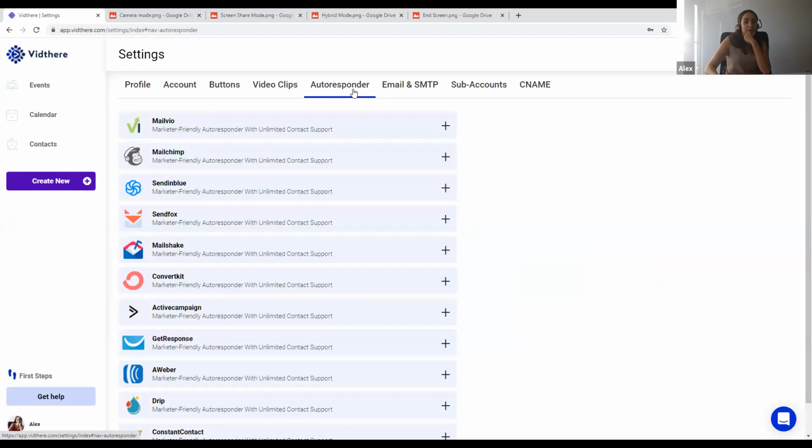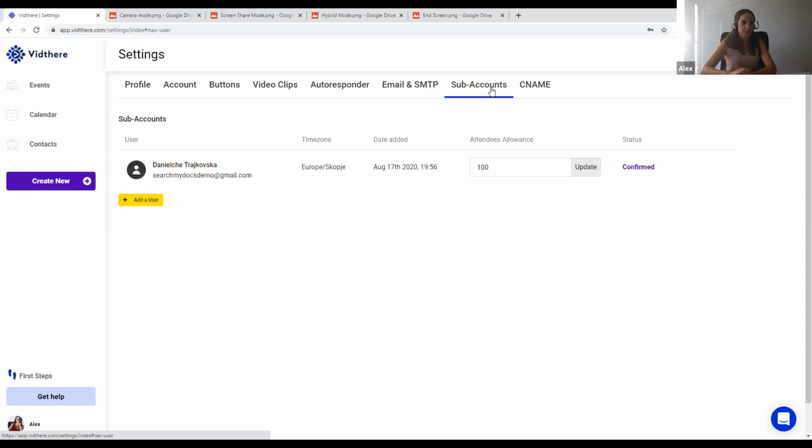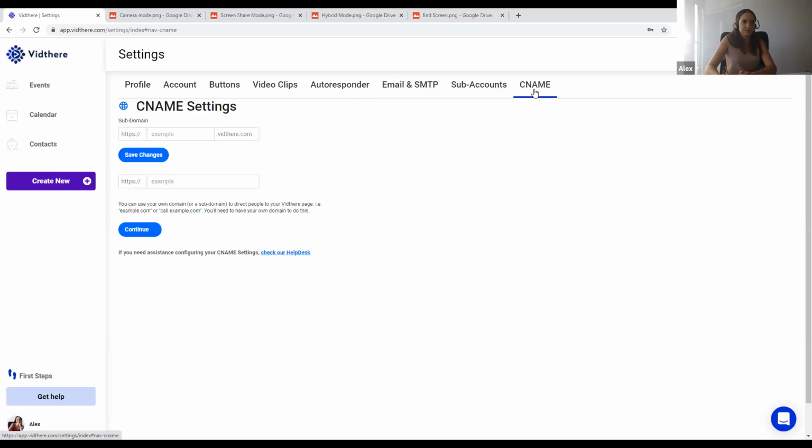Autoresponders. So we do have a native integration with a bunch of autoresponders, which you can connect, select your list, and automatically add traffic to your list in the autoresponder that you're using. Also remember to set up your email and SMTP settings. Sub accounts, if you do have some, you can manage them here. And CNAME settings. So set up your CNAME, set up everything in your settings, and you're ready to go with